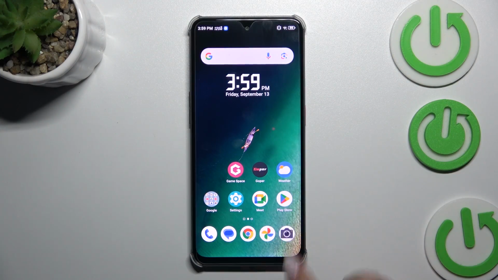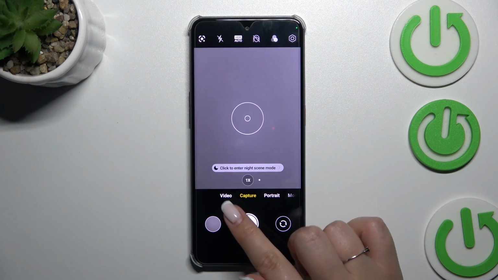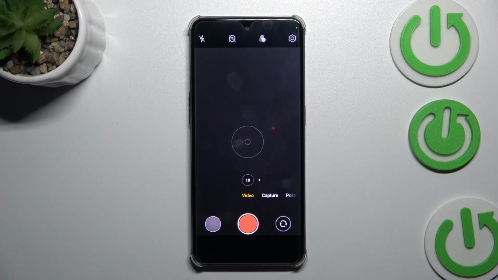So let's start with opening the camera app. Let's first of all switch to the video one. Just tap on the video. If you can see the red color inside the shutter button, it means that for sure you're on the video